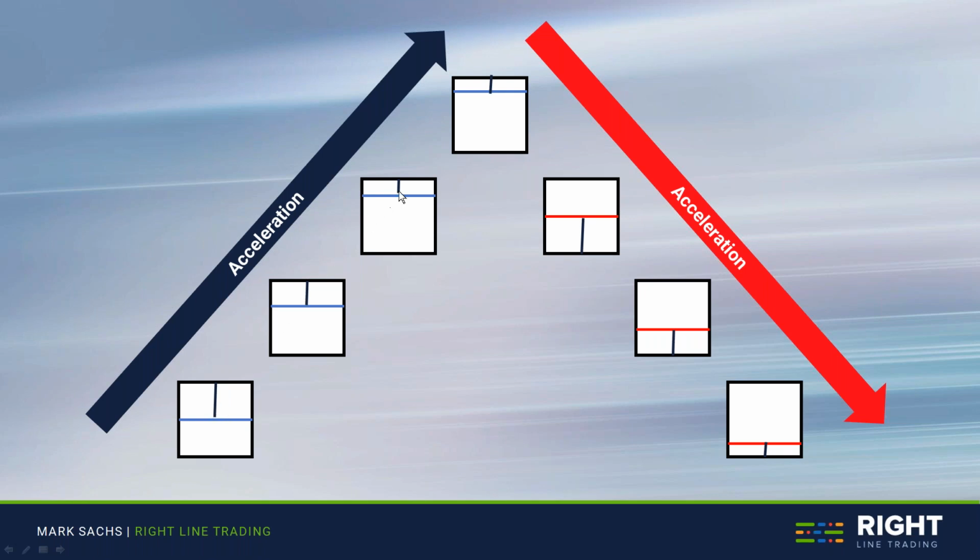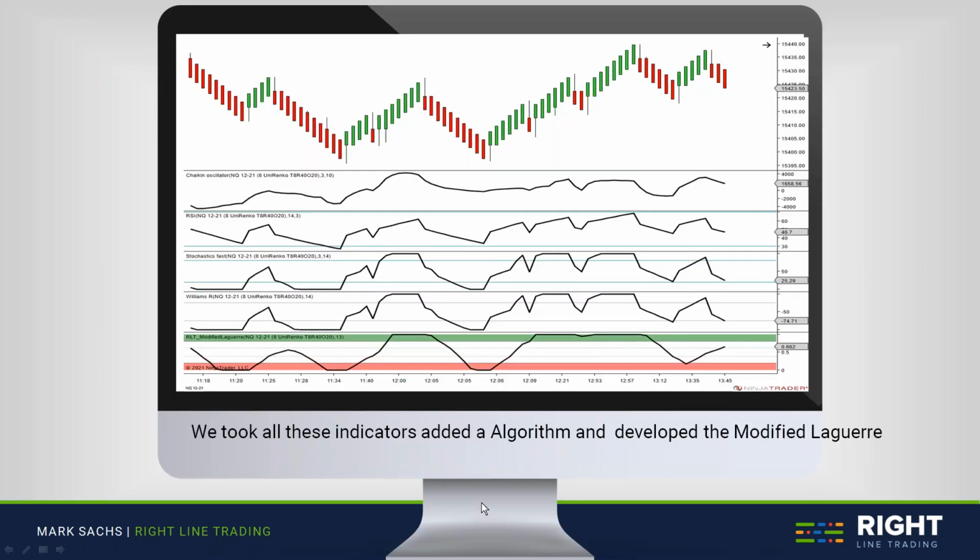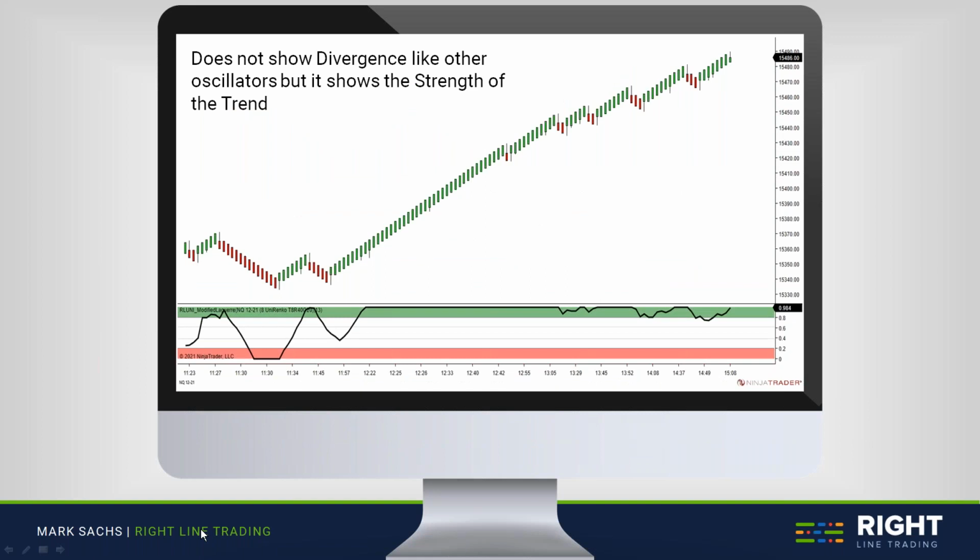So as we get acceleration, you see the wicks get smaller. And the same thing to the downside, the wicks get smaller. So what we did is we developed the modified LIQUIDITY, and we took all these indicators, added an algorithm, and developed the modified LIQUIDITY. This is the modified LIQUIDITY on the bottom. It does not show divergence like all other oscillators, but it just shows the strength of the trend,